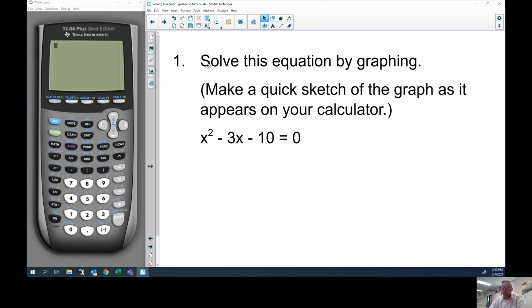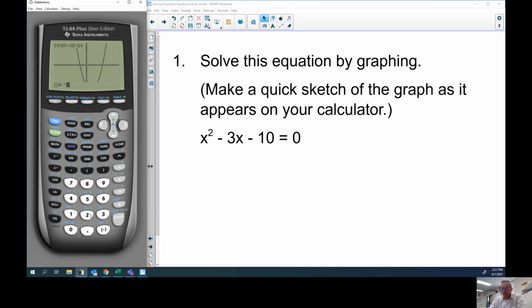All right, first off, solve this equation by graphing. What we're supposed to do is right there in the directions: graph it. So let's go to the calculator. Let's go to y equals, and we'll just punch in x squared minus 3x minus 10. And hit the graph button, and we should just look for the x-intercepts to see what its